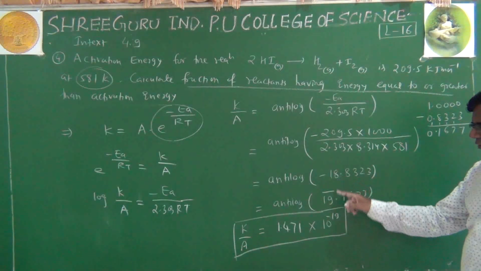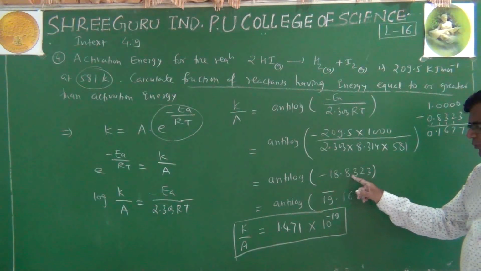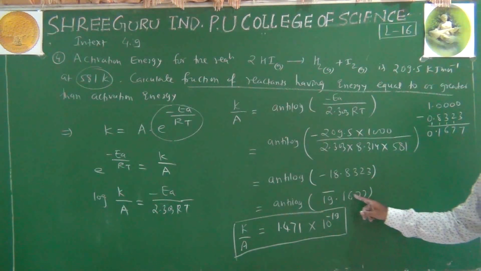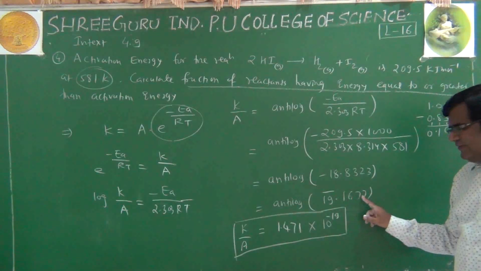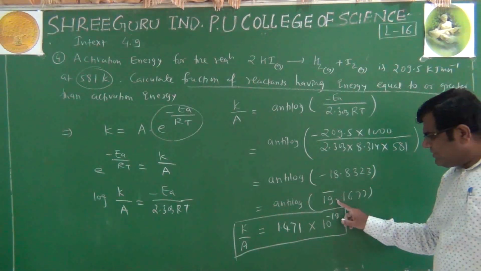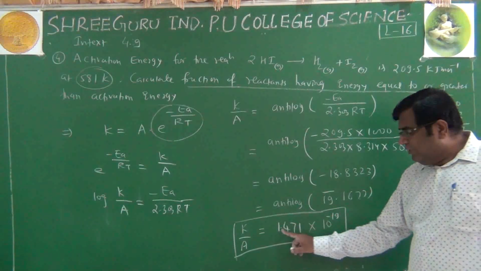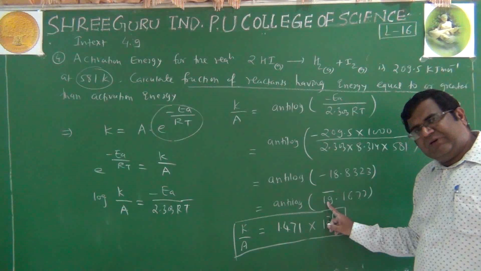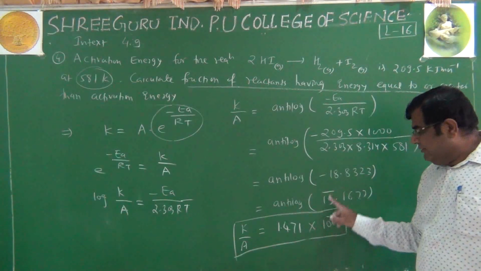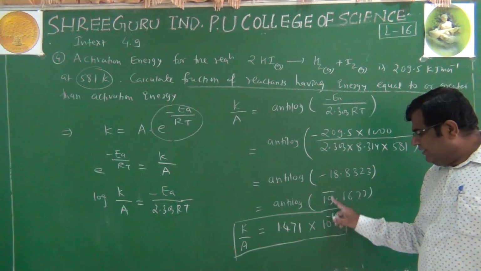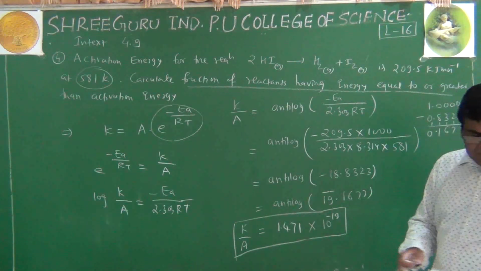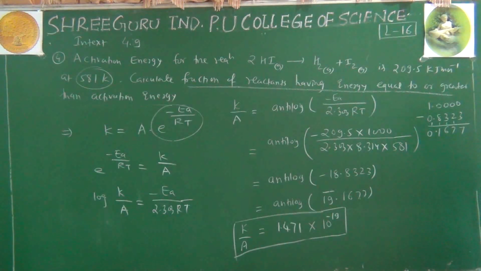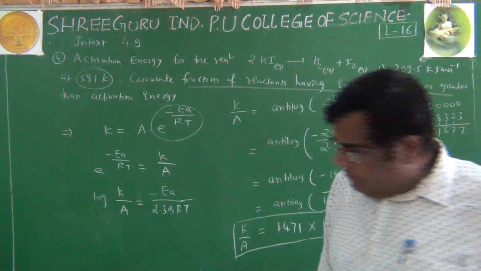So here we have to add 1. After this decimal point, 4 digits are there, and we subtracted it from 1. The antilog of 0.1677 is looked up, because antilog can be seen only after the decimal point. We get 1471. After 1 we put the decimal point without looking at this number. Multiplied by this bar, we put a negative sign, and below the bar 19 is written, so it is 10 raised to minus 19. This is the way in which these calculations can be made.